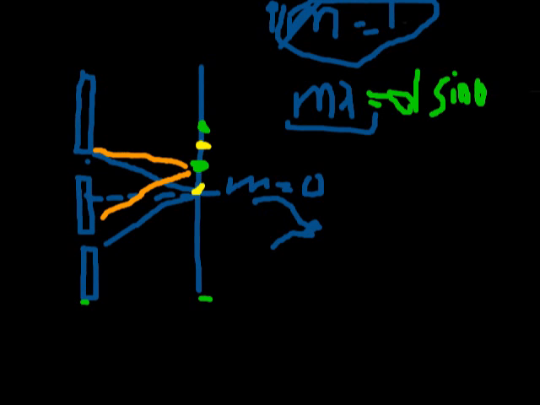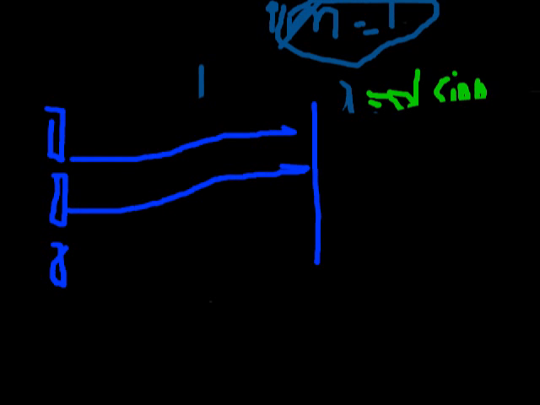So you could say that this slit here, with this screen, the incoming light would look parallel, and then the path length difference would probably be equal to